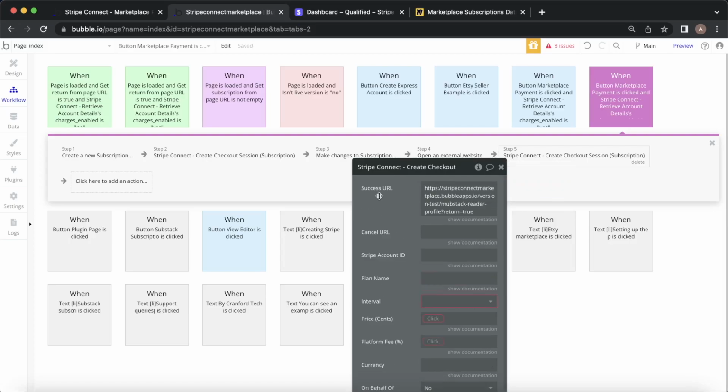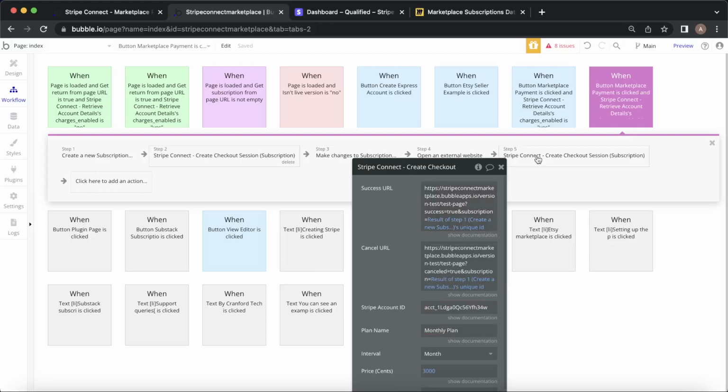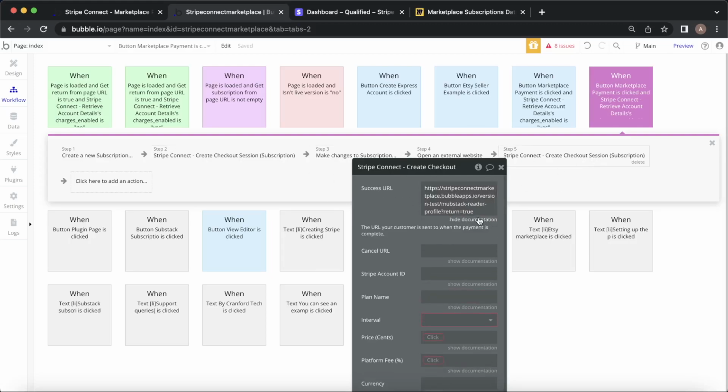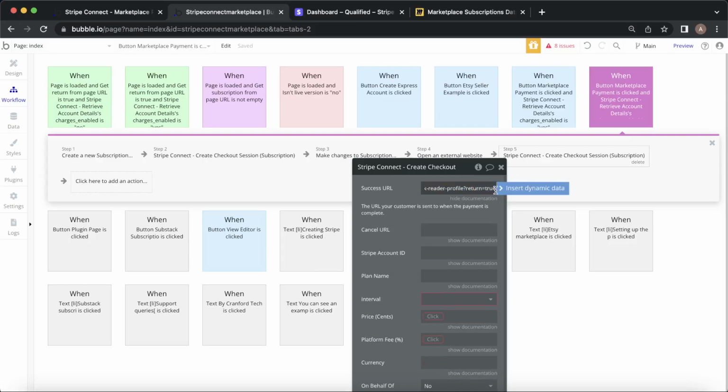And then we want to put in 2 parameters at the end of it. The first one is the success equals true one when this is successful. So the success URL is where people are sent once the payment is completed. So I'm going to change this from return equals true to success equals true. And then we also want to put in an ID to represent the subscription payment. I realized I forgot to put in equals true. Then we're going to say subscription